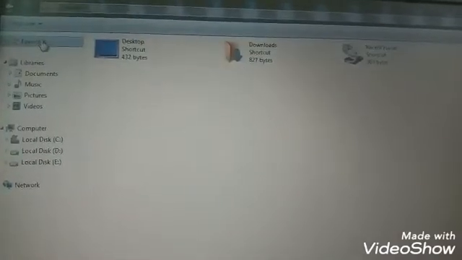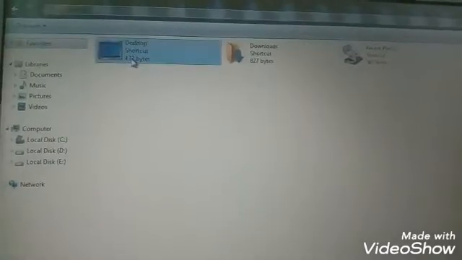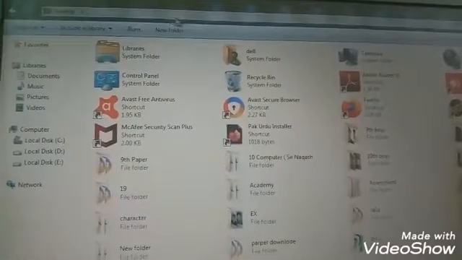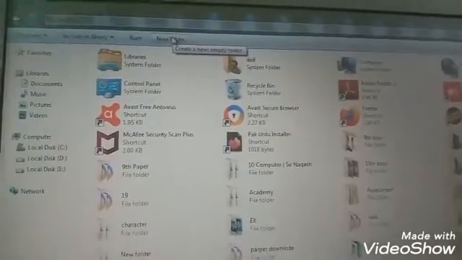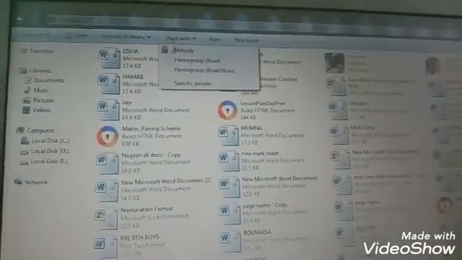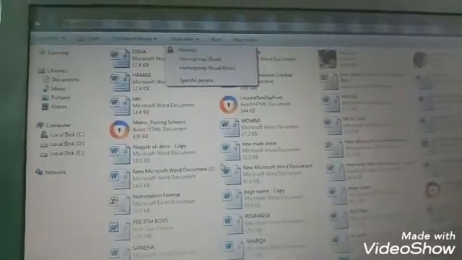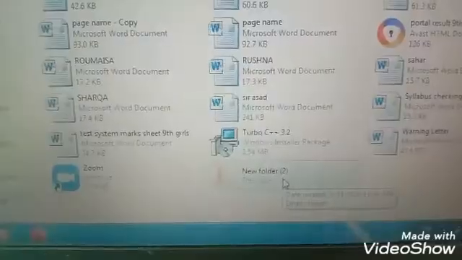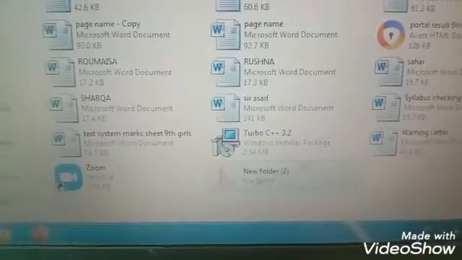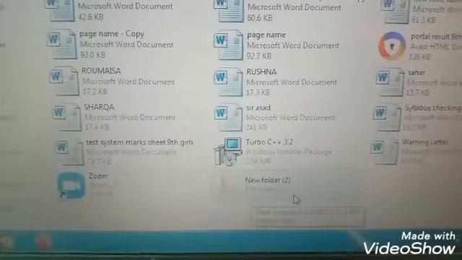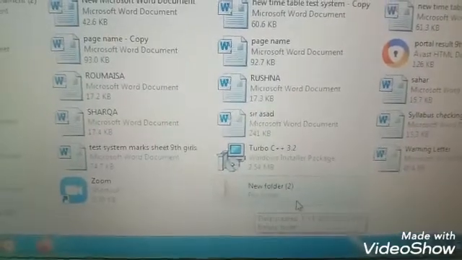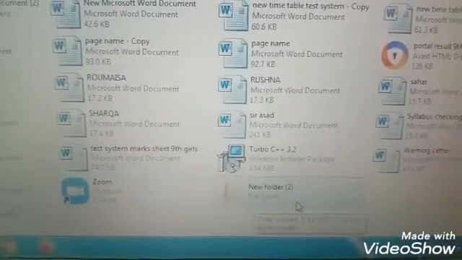Click Favorite, Desktop, New folder. When we click this button, this folder will appear on the computer screen. It's another way of creating a new folder.